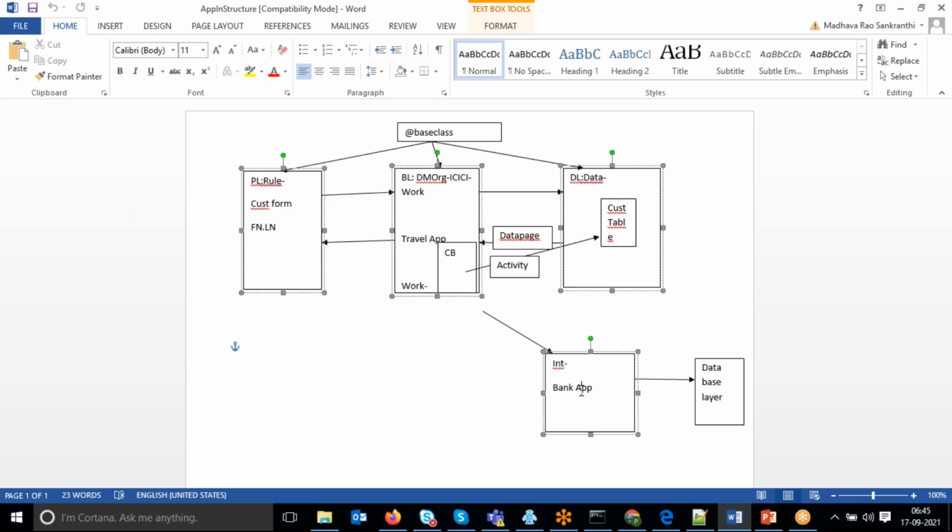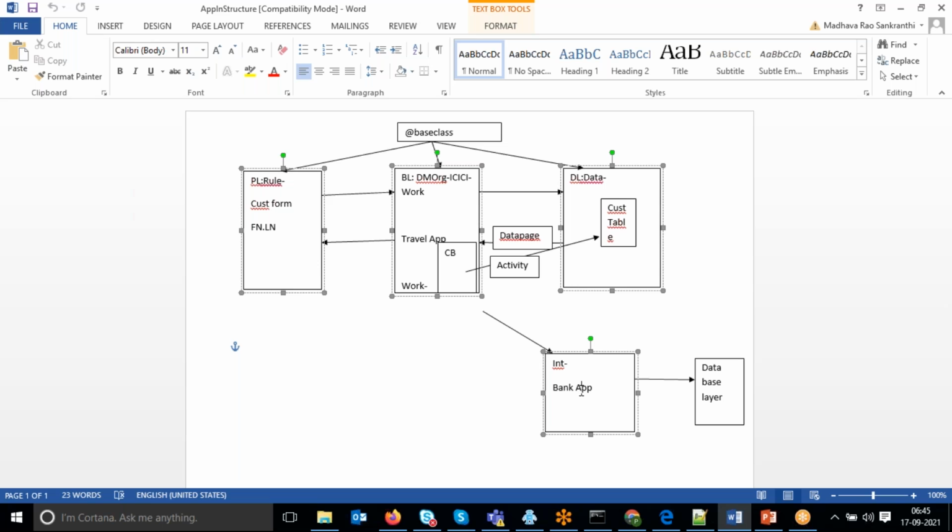Just by doing a small configuration, without writing a single percentage of custom code, I can connect any external application.